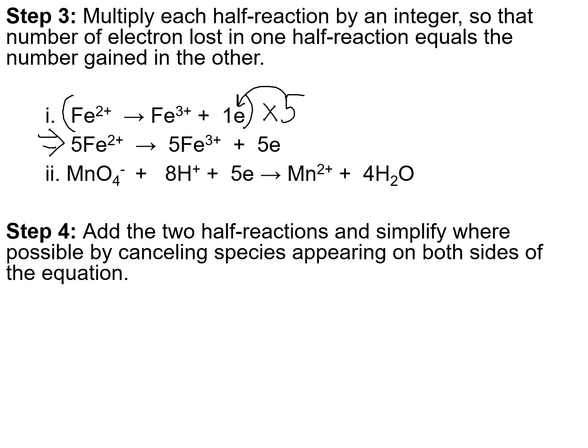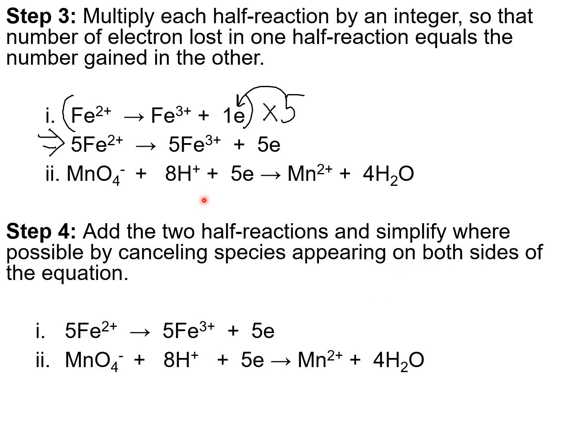Step yang keempat, you tambahkan kedua-dua half reaction yang you dah balancekan number of electrons dekat step ketiga ni and simplifykan diorang juga. Macam mana nak simplifykan? So if let's say you ada jumpa spesies yang sama yang muncul dekat dua-dua belah, you boleh cancelkan mereka. Contohnya in this case, spesies yang sama dekat half reaction pertama dan kedua hanyalah bilangan elektron, which is bilangan elektron di half reaction pertama ada di bahagian produk. Okay, 5 elektron yang di half reaction kedua pula ada di bahagian reactant. Okay, so bila spesies ni ada di bahagian produk dengan reactant dekat dua-dua half cell reactions, makanya you boleh cancel